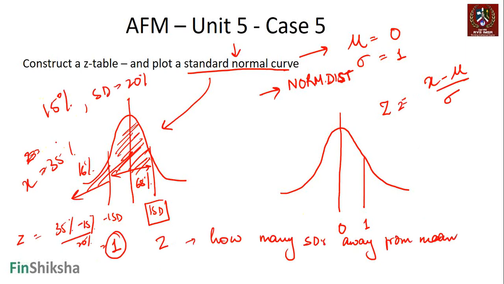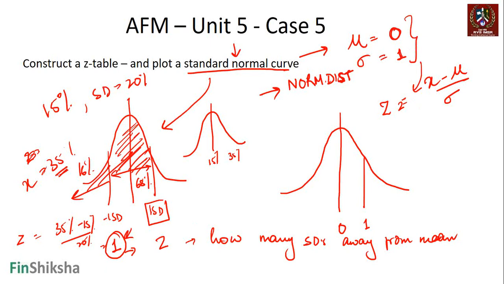What that means is that the 35% level on this curve, 15% plus 1 sigma, is 1 standard deviation away from the mean. That's what the standard normal curve means. So basically, if you assume the mean is 0 and you're 1 standard deviation away, you can convert anything to Z tables, and that's the standard normal curve that we are going to use.